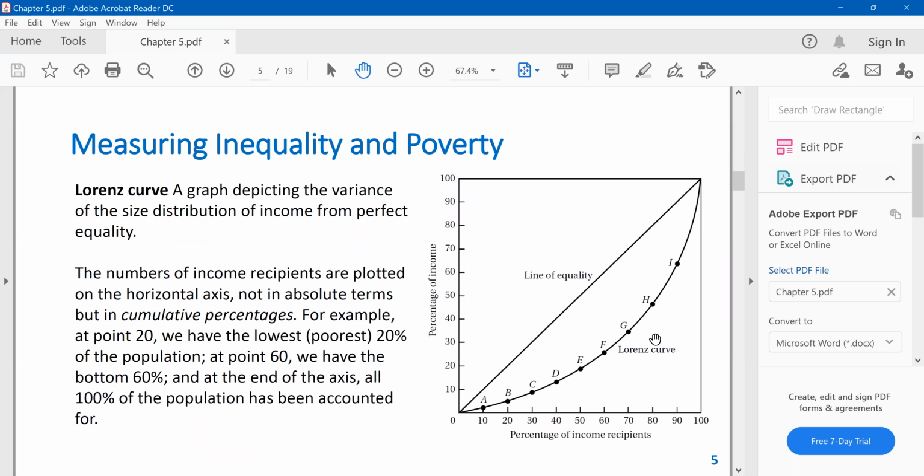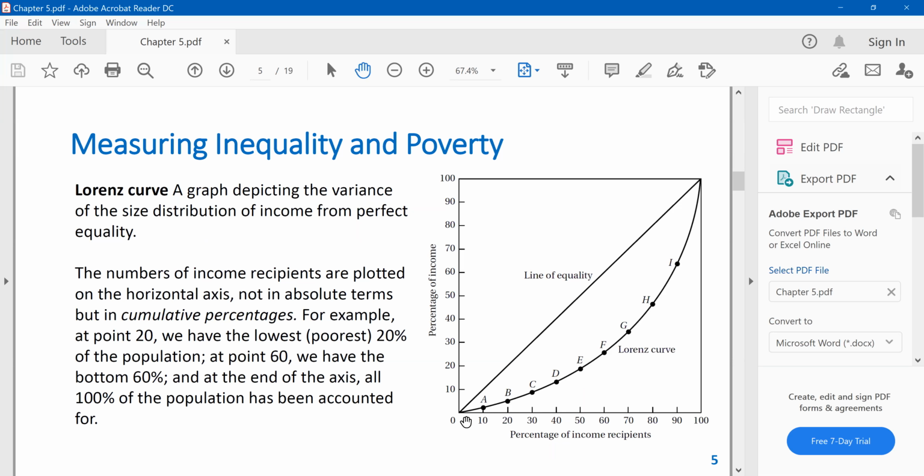Now, this is the Lorenz curve. The Lorenz curve is closely related to the Gini coefficient. Here, on the horizontal axis, we have the percentage of income recipients. This is how we divide the society: the bottom 10%, the next 10%. Here we rank these persons in terms of their income. Then the curve with the dots on it,